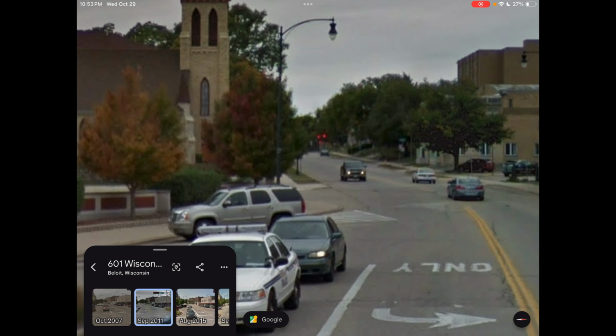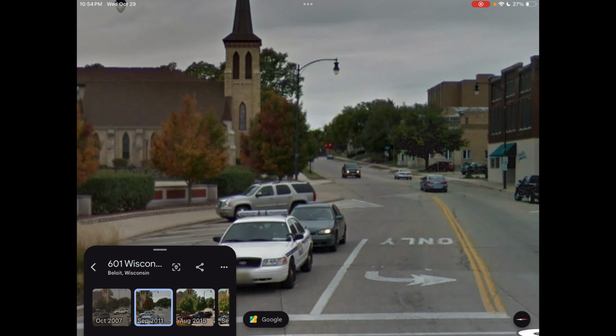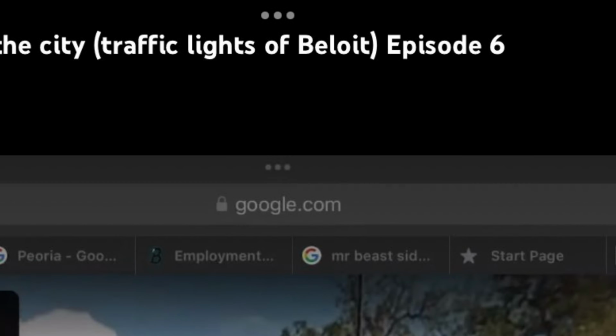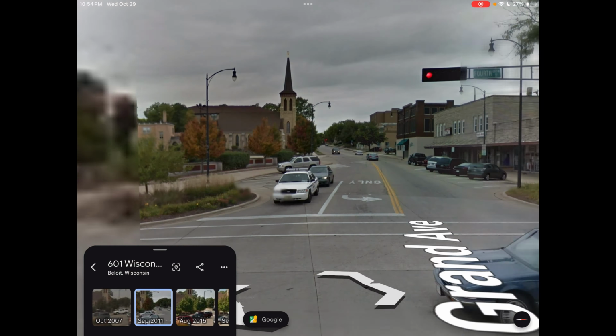Oh yeah, there's the old Bluff and Grand traffic light that I forgot got taken down, but it was useless, and I already made a video on that. Actually, it was the 6th episode. In fact, I think it was like the 2nd episode of the series. So, yeah, this light. The only thing I hate about this light in real life is that I don't know